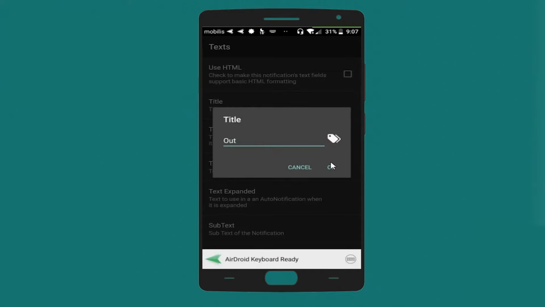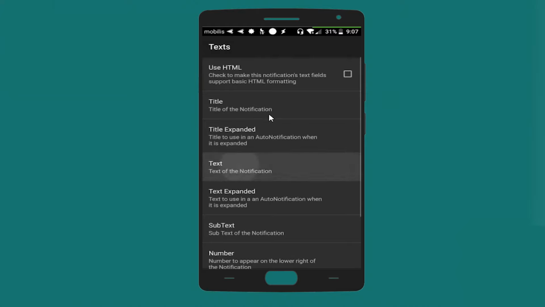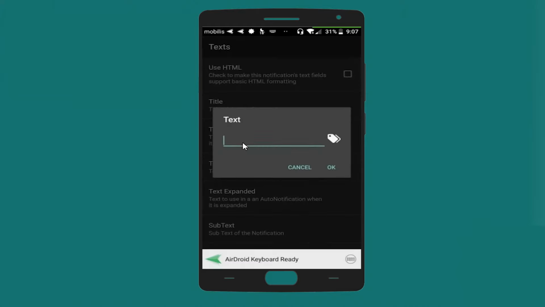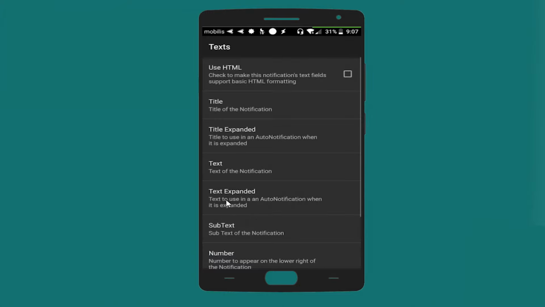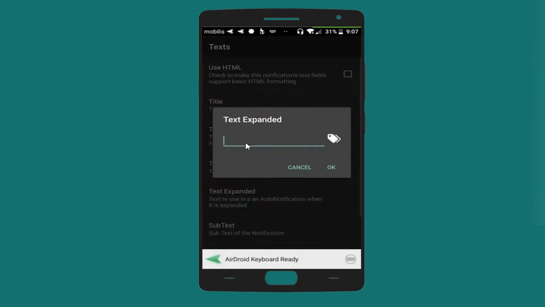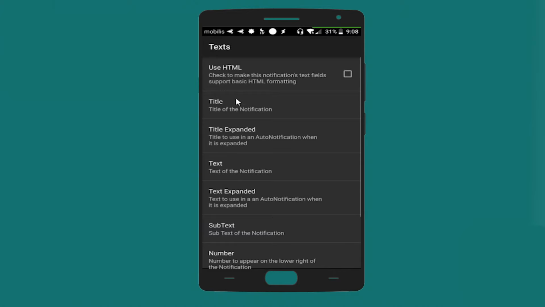out, and for the text, out, and for the text when expanded, have a good trip since you are leaving home. Okay,